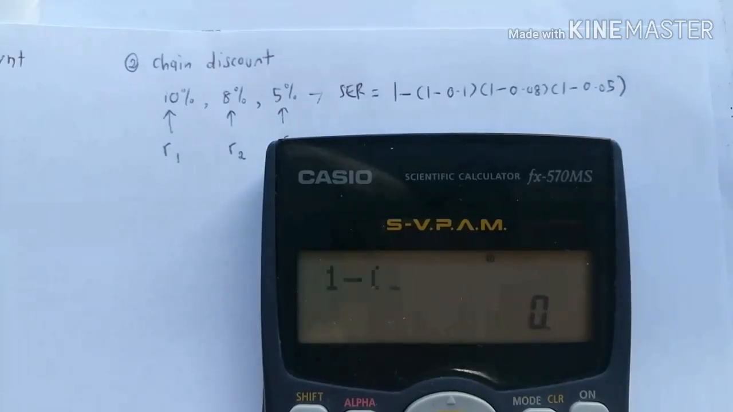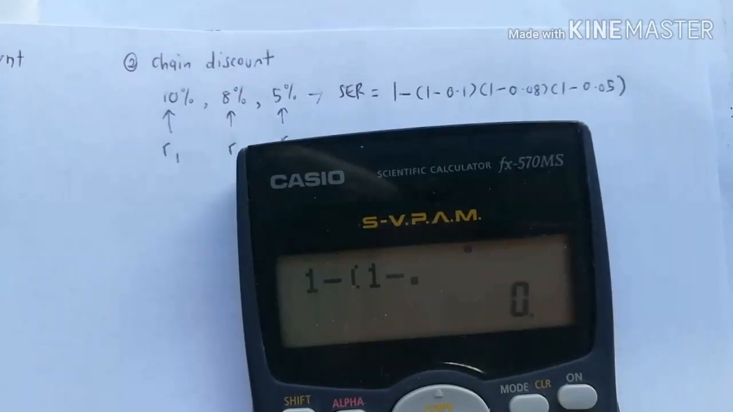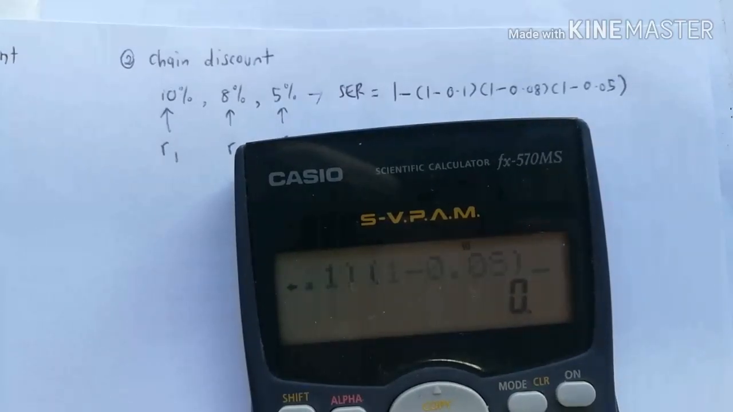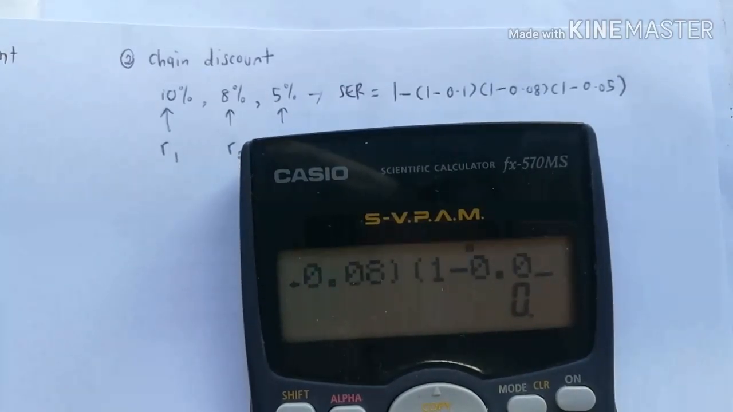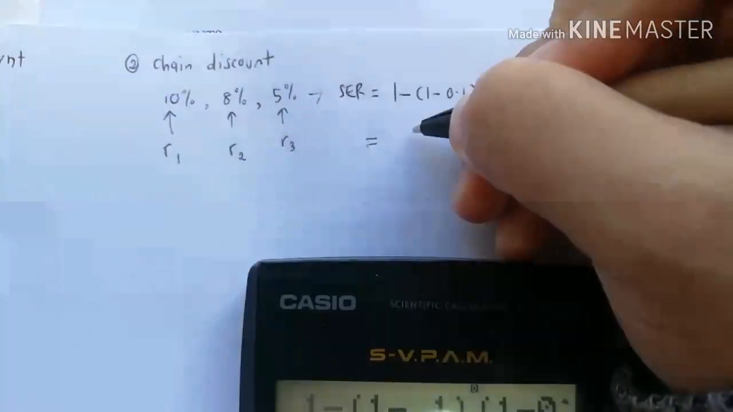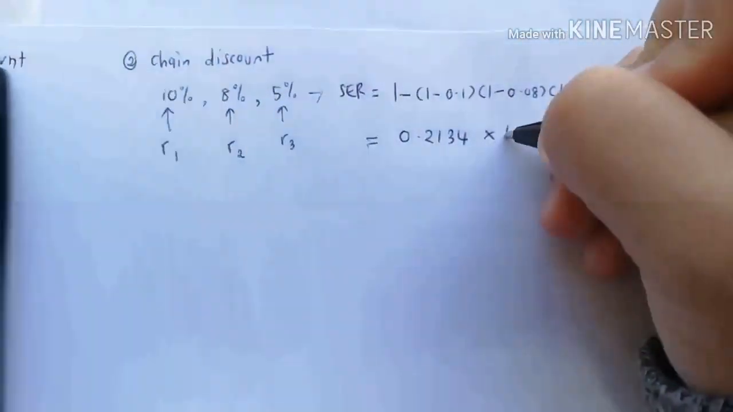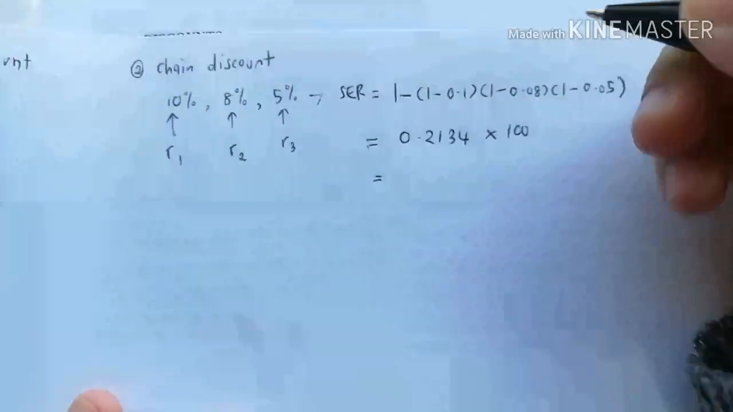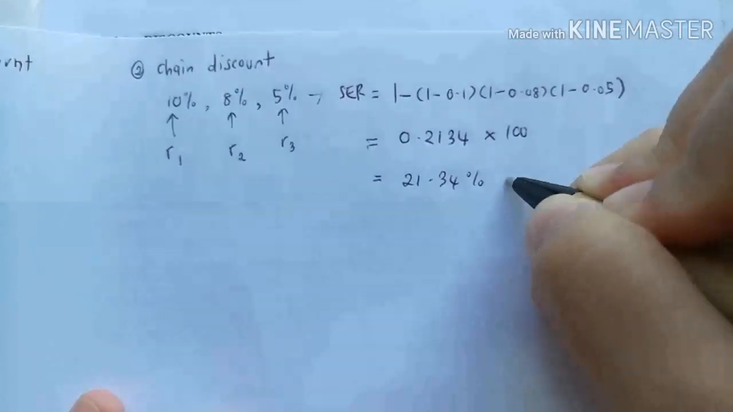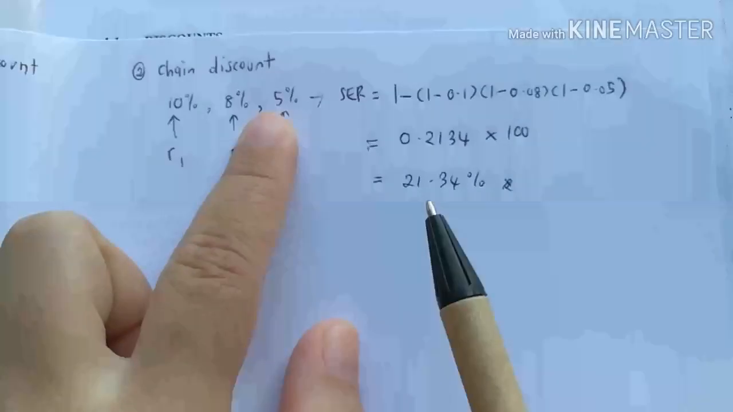Alright, so for this one, when you calculate 1 minus 0.1, 1 minus 0.08, 1 minus 0.05. So you get 0.2134, which when you convert it into percentage is actually equal to 21.34%. So the 3 chain discounts here, 10%, 8%, and 5%, are actually equivalent to